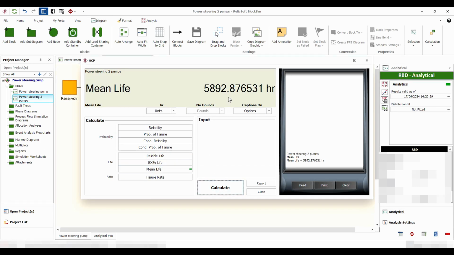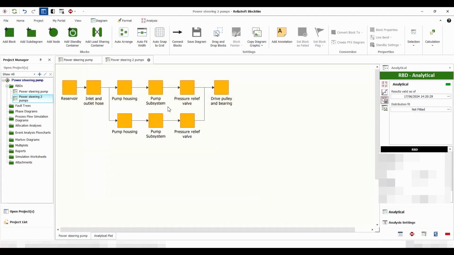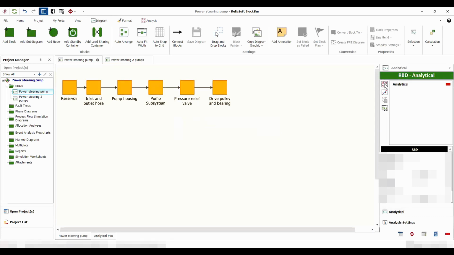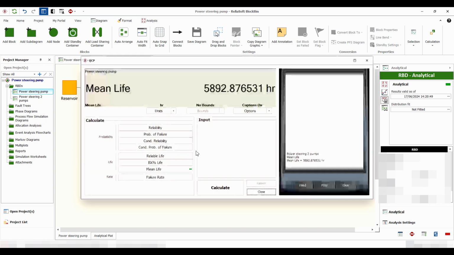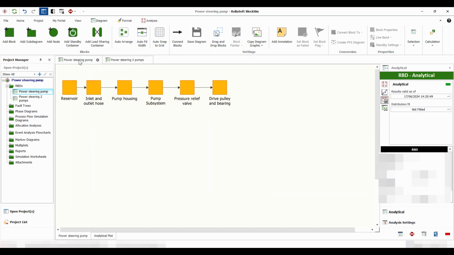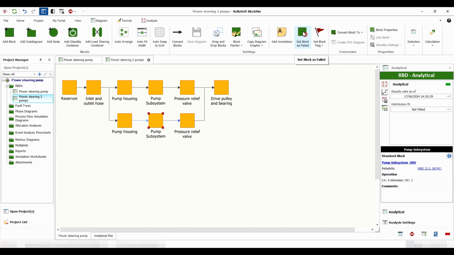and the mean life is 5,892 hours. So this is our layout with two pumps, with basically a backup pump, as against the normal power steering system with a single pump, which gives us a mean life of 4,694. Now what we want to do is explore the what-if analysis, and we use this icon here,